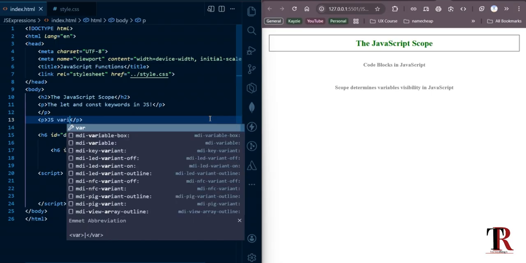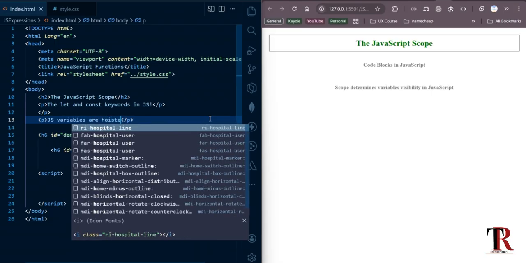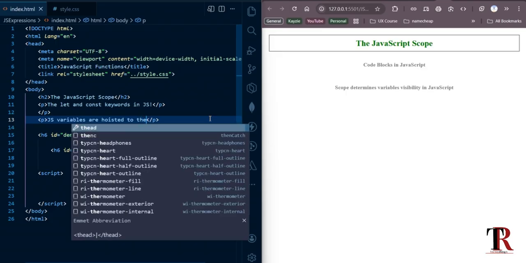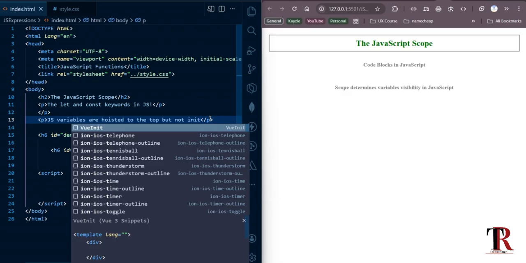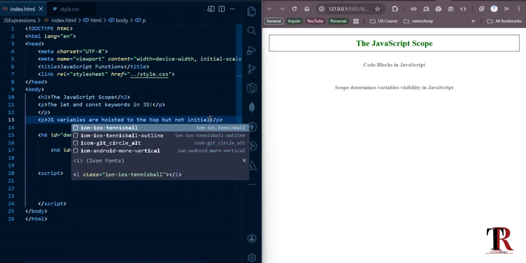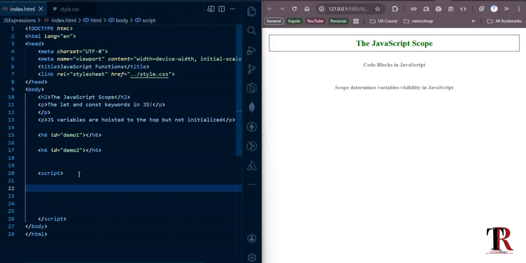These variables are hoisted to the top but not initialized. So I can just leave this call inside the script tag, which is where I can add my JavaScript code,